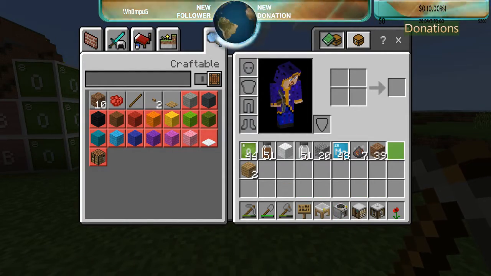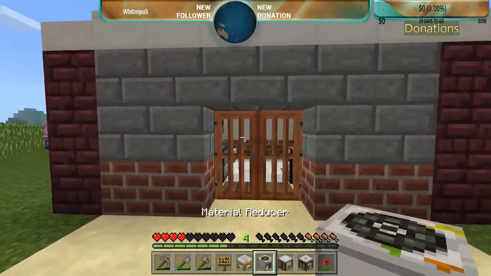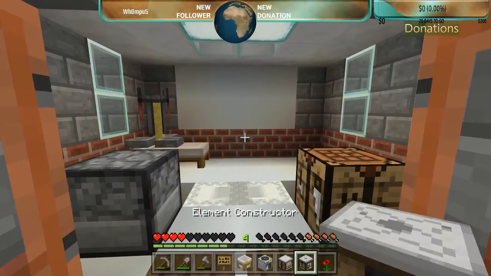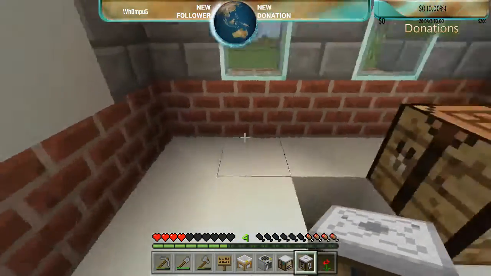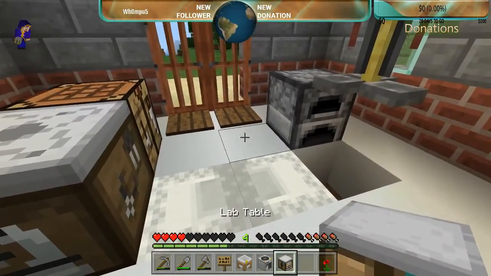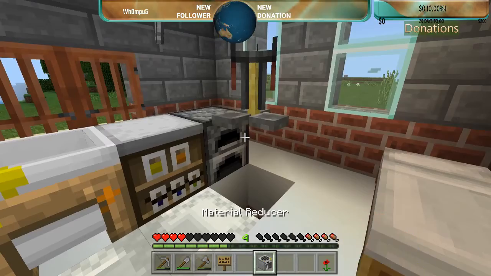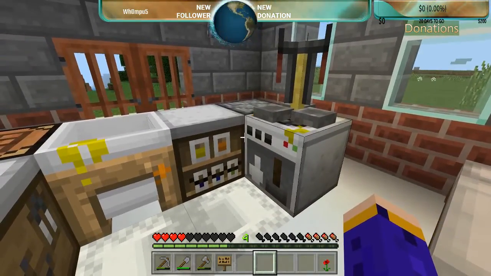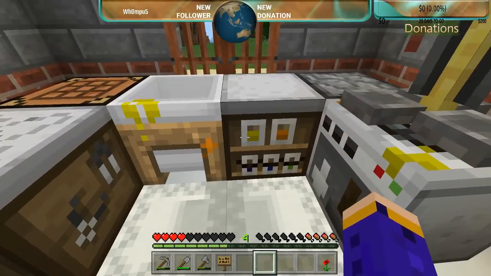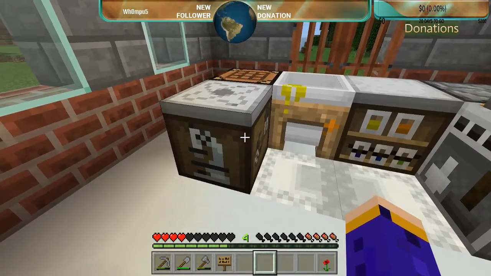Alright, where'd that last one go? But we have compound creator, material reducer, the lab, and the element constructor. And there. I know, I switched those two places. I didn't like it whenever I put it down originally. But in here,